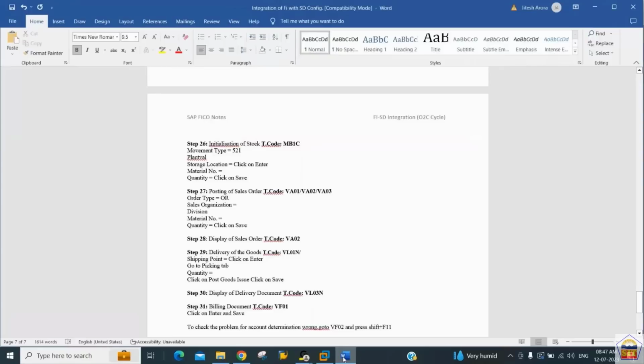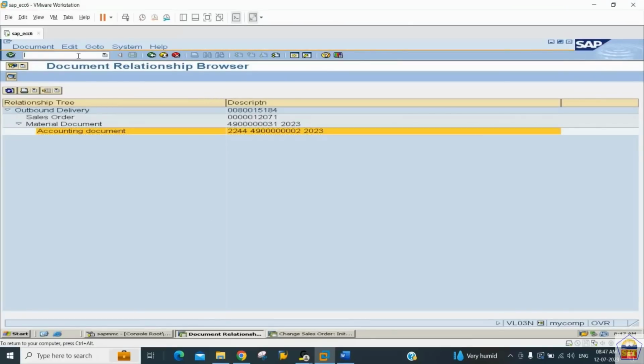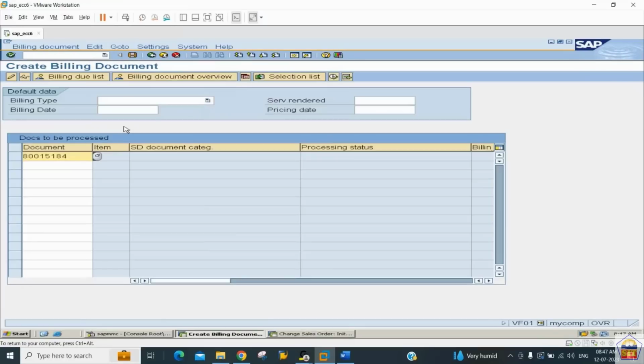You can go back, and we have our last step, that is the billing, and this billing we can do with the help of transaction code VF01. Transaction code is VF01. Press enter button. So this is our outbound delivery document number. With reference to this, we want to do the billing. Press enter button,